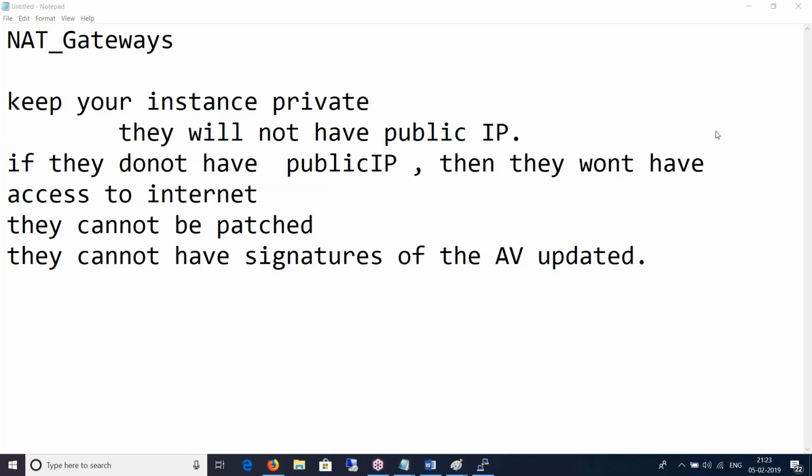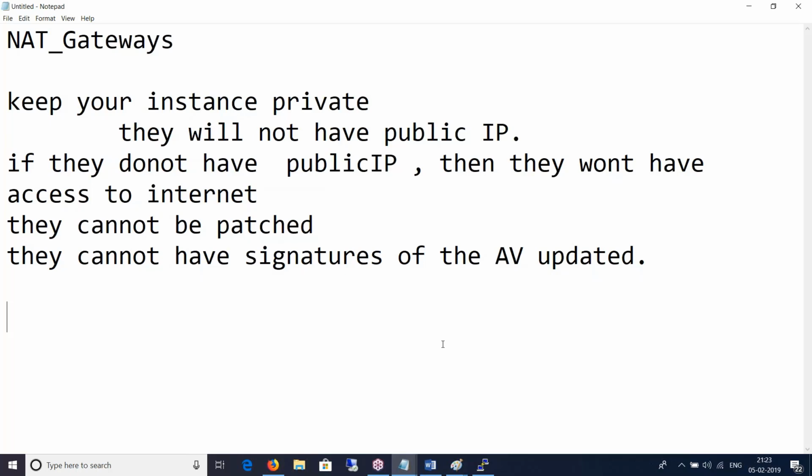So you mentioned that if they don't have a public IP, they don't have access to the internet. But if you attach them to an internet gateway, they will have it, and still they don't have the public IP. If you attach a virtual machine to an internet gateway, they will have internet. Is that what you're saying? I'm asking you, if you attach it to an internet gateway, will they have a public IP or can they access the internet from there?